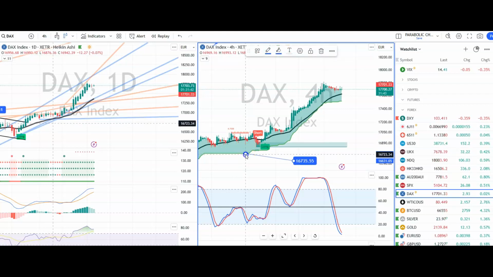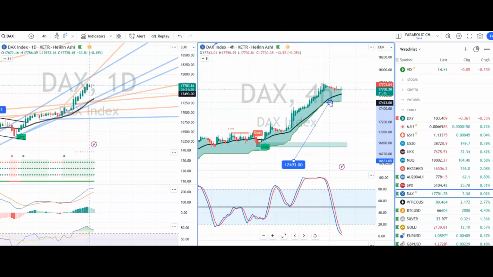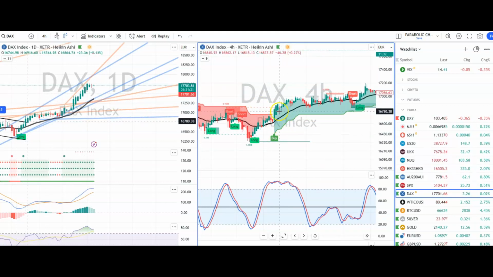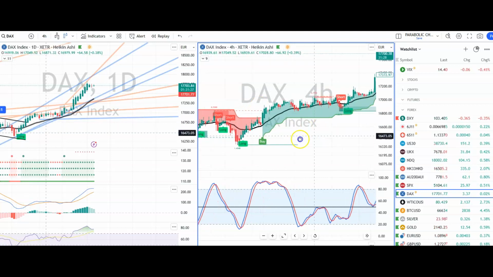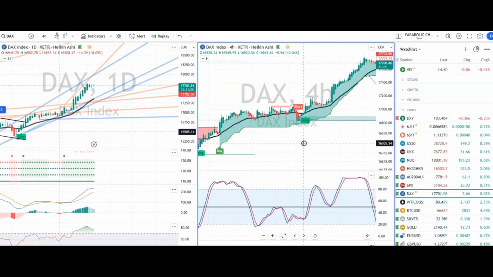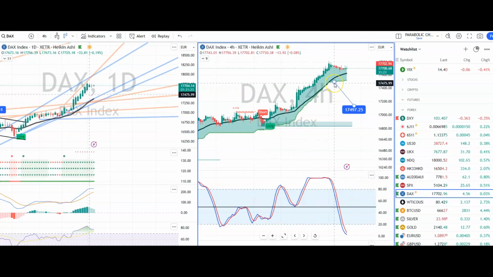It doesn't matter where you get in. There's a nice signal there, by the way. But the one thing to watch out for if you are in it, as an example, if you've been in it since change of character here on the DAX way back in January, then you're just holding on. You're just moving your stop. There's no more decisions. However, when we get